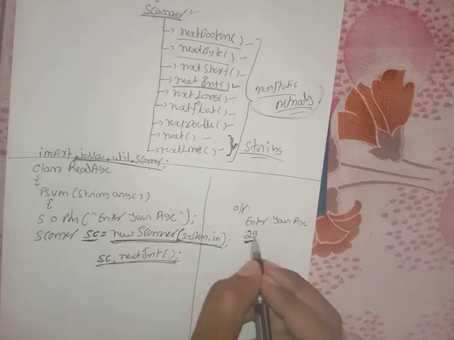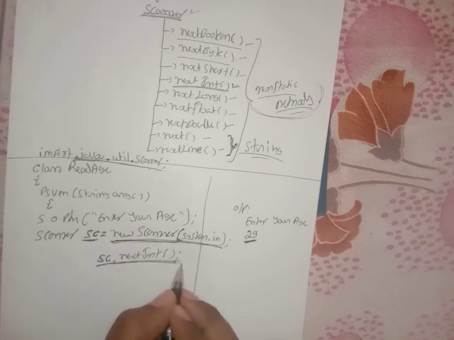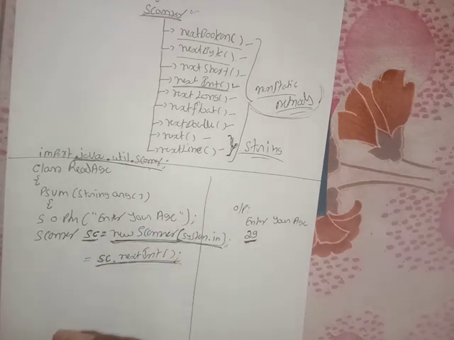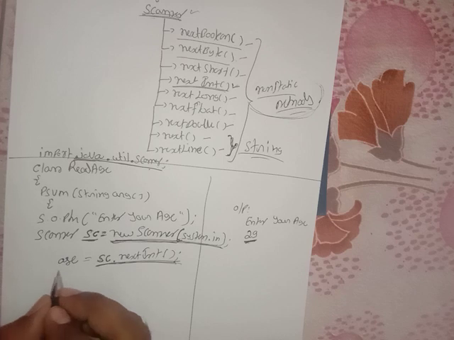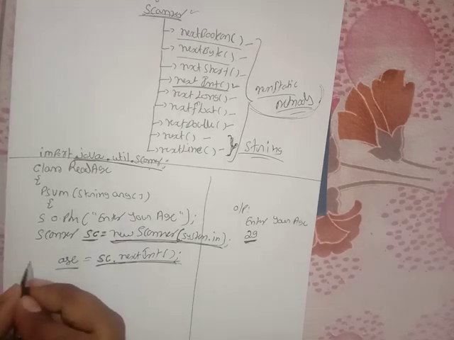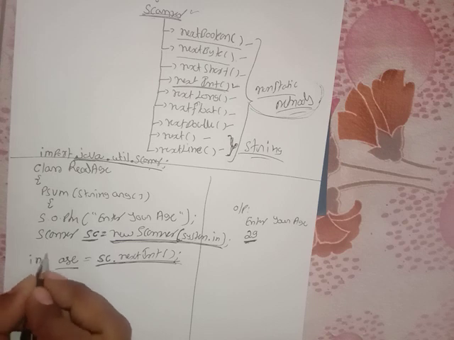Okay, when I call this one, it reads. Whatever, if you enter 29, it reads 29. If you enter 100, it reads 100. Okay, it reads and returns. In the future if you want to use it, that should be stored. If you want to store, what is required? A variable is required. So here I am using the variable name age. Whenever you want to use a variable, you must specify the data type. I want the age as which type? Int type.